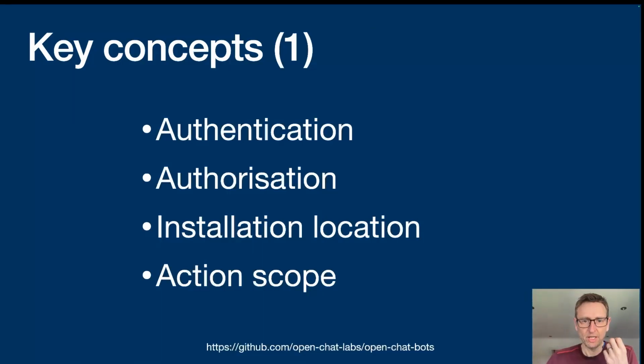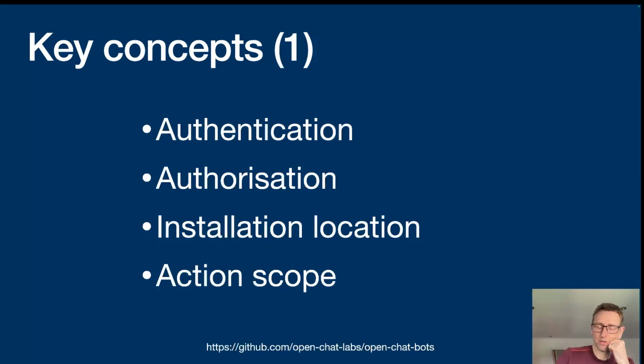So let's look at some key concepts that we're going to need to understand. We've got authentication and authorization. We've got the installation location for bots and the action scope of bots. These are quite important things to understand before you dive into the examples and dive into the code. So before we get into different types of bots that we create for different use cases, we're just going to run through these things and try and understand them at a high level. So let's start off with